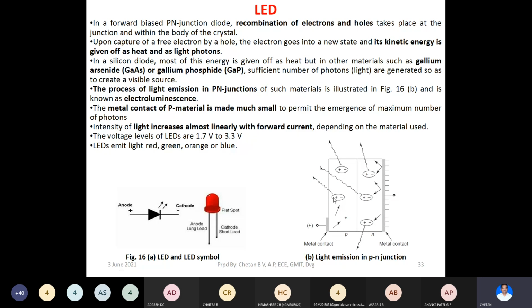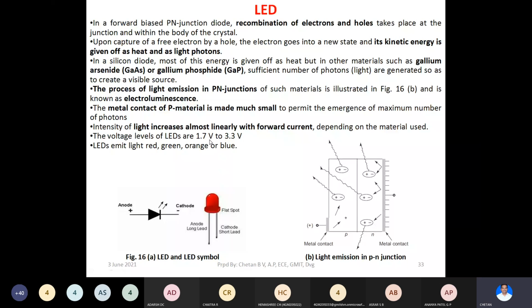And the voltage levels on which this LED works: the minimum voltage is around 1.7, right? It works up to 3.3 volt, and more than 3.3 volt also it can work. Some LEDs are used for applications of power electronics, where a maximum current would flow through the circuits. Such LEDs can work for still higher voltage. Usually, a common LED will work in this range, starting at 1.7. So, this amount of voltage is required for the LED to emit light, right?